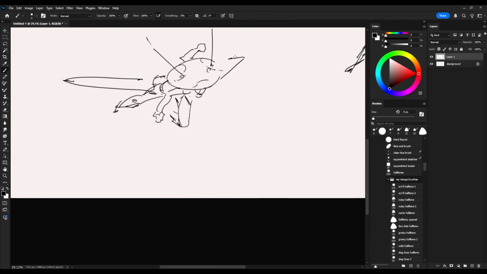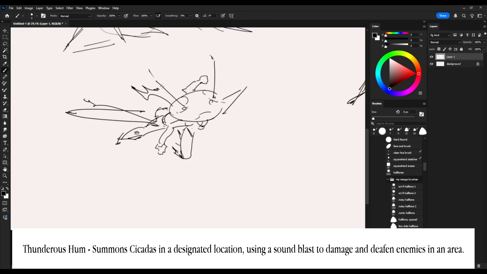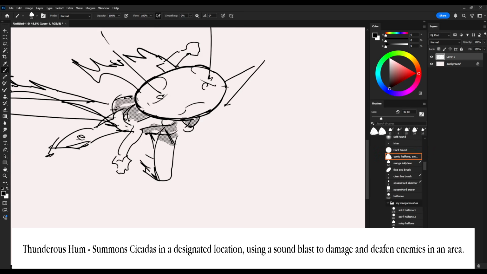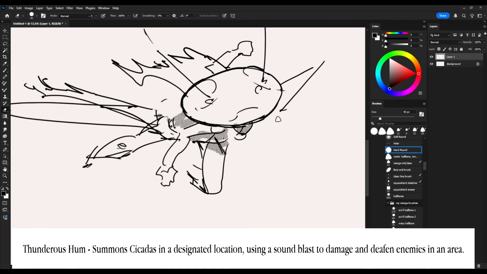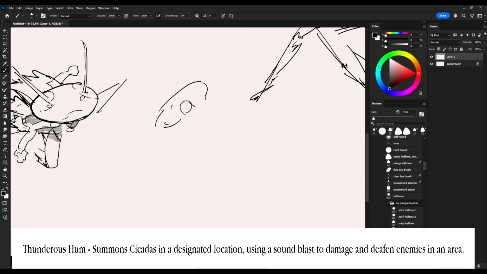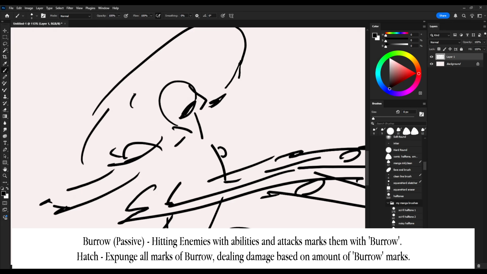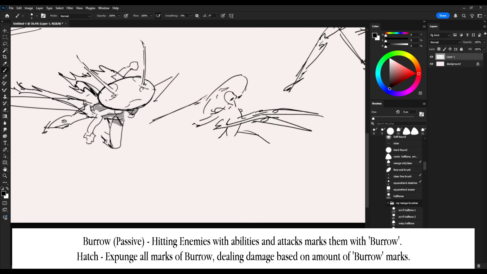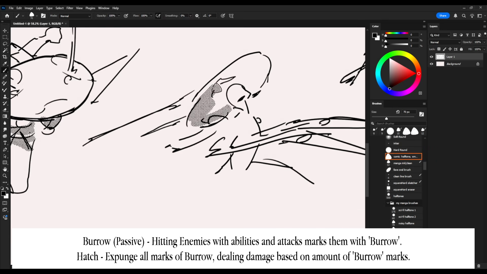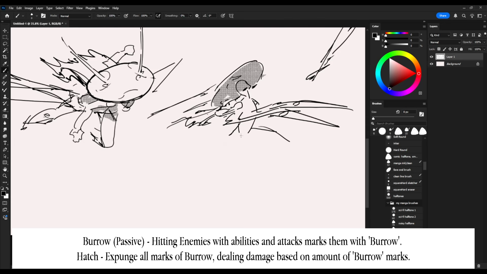So in this case, I was thinking, what if he has a cicada that he can spawn, or a bunch of cicadas that's kind of like a sound-based stun? Maybe it's so overwhelmingly loud that it stuns them, or maybe even just deafens them so they can't hear enemies' footsteps or something. I was thinking maybe a leech or a tick could attach or burrow to an enemy if you hit them with a melee or a certain type of attack. And then maybe that ability would either do damage over time, or it would mark them for some sort of